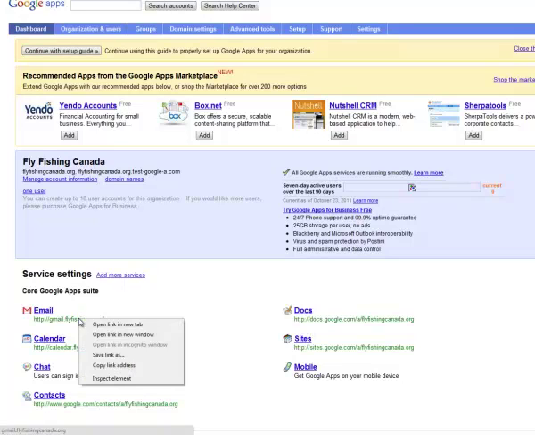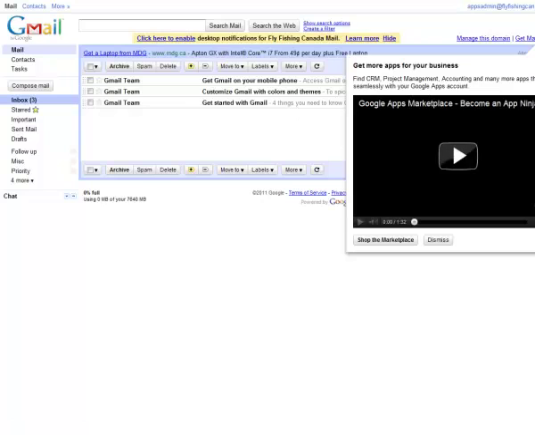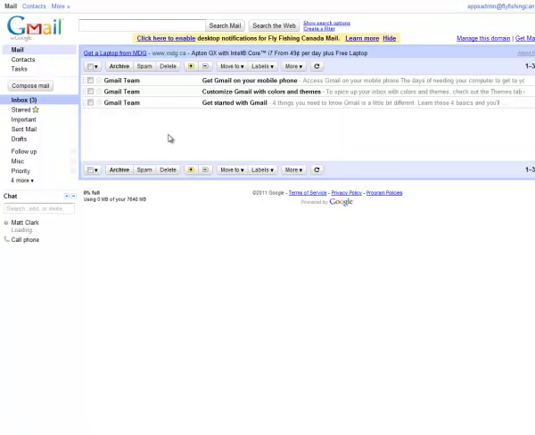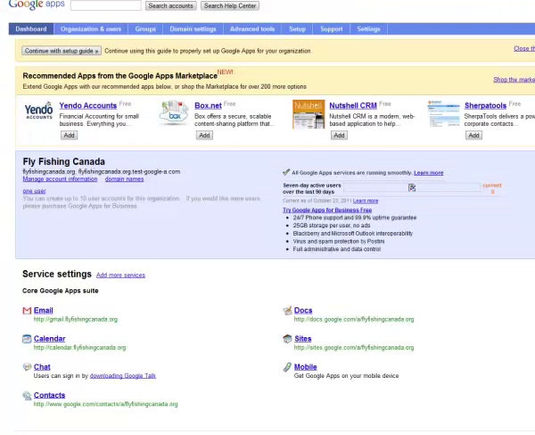And so basically what that does is, if we open a link in a new tab, it allows us an easy to remember URL to get to our Gmail, our Google Apps mail that's now live. And here we are with Google Apps free, and we're able to do all the things. And again, our email will be sent from our domain, and we're set up. You can go through and set up the different URLs for those. Also, I do recommend or encourage you guys to look through the marketplace to see if there's any other add-ons you'd like to include,